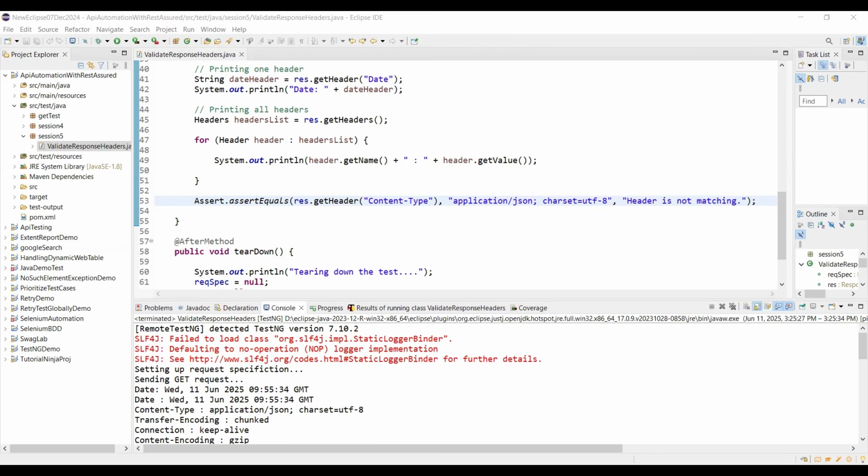So today we have learned how to validate and retrieve HTTP response headers using RestAssured, structured with proper setup and teardown methods using TestNG. This is very important for real-time API test automation, where you want to validate response metadata in addition to